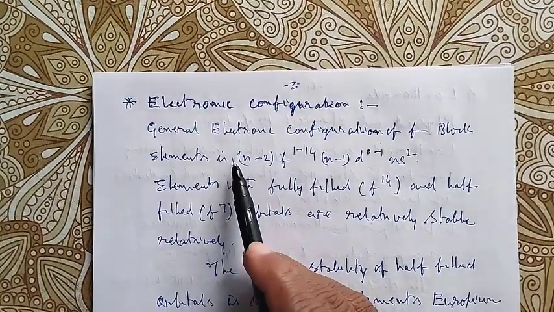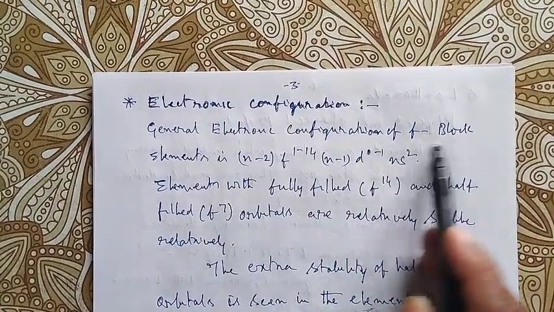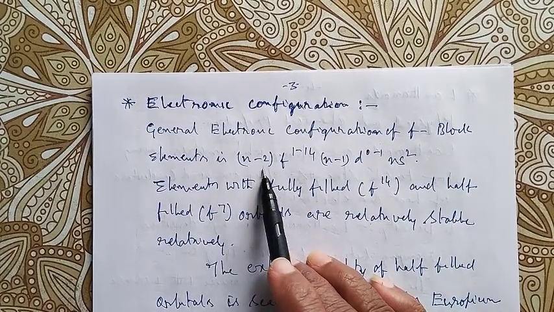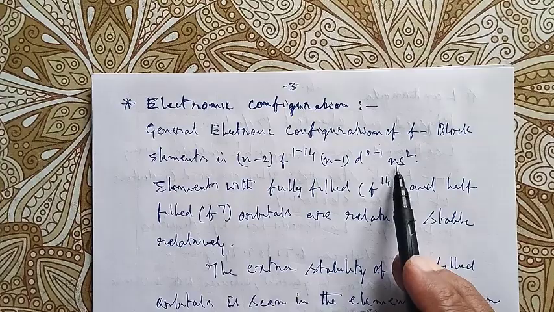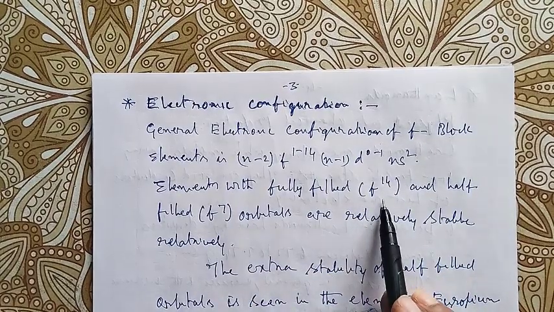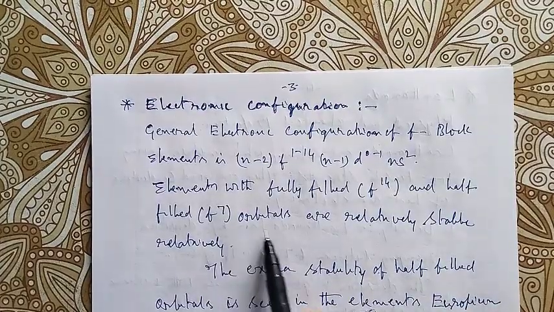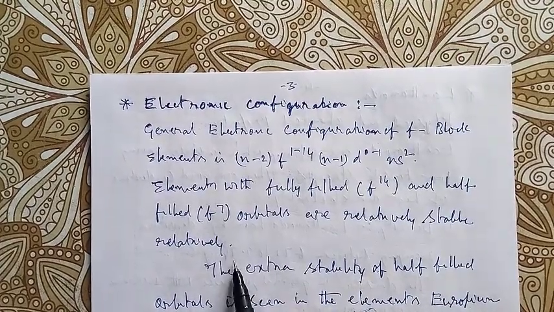The general electronic configuration of the F block elements is (n-2)f1 to 14, (n-1)d0 to 1, ns2. Elements with fully filled f14 and half filled f7 orbitals are relatively stable elements,